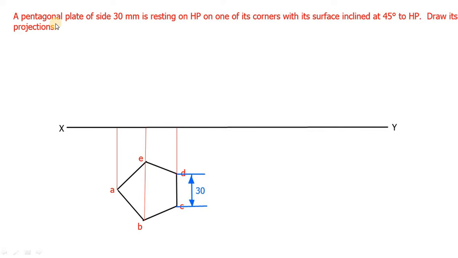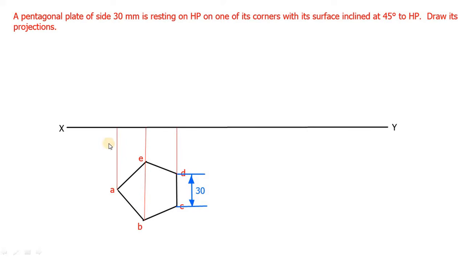So when a plane, that is the pentagonal plane, is resting on HP, in simple projection the true shape of the pentagon will get visible on top view. When you see from the front, only one straight line will be there, which is over the XY line, it will be on HP. It will be on HP, that is the horizontal plane. That's why the front view will be a straight line which will be on XY.